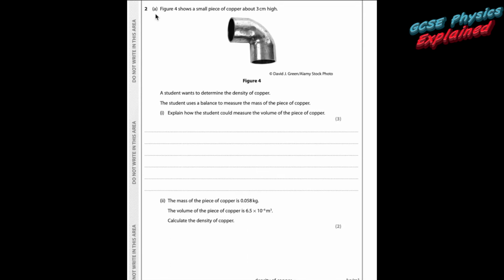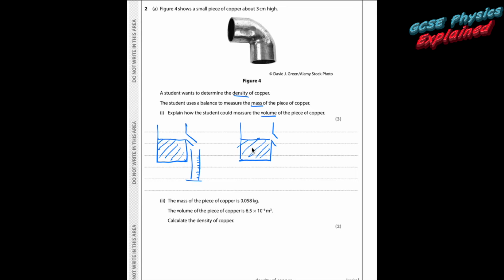Question 2, Part A. Figure 4 shows a small piece of copper about 3 centimetres high. A student wants to determine the density of the copper. The student uses a balance to measure the mass of the piece of copper. Explain how the student could measure the volume of the piece of copper. Right, well, if you pop it into a displacement canister, we fill the displacement canister up with water, pop a little measuring cylinder there, and that's empty. And then we will pop in the piece of copper,